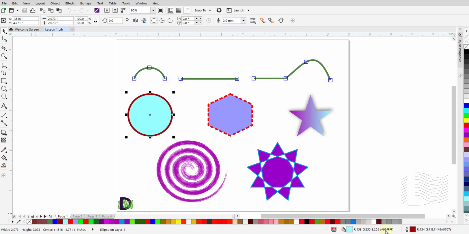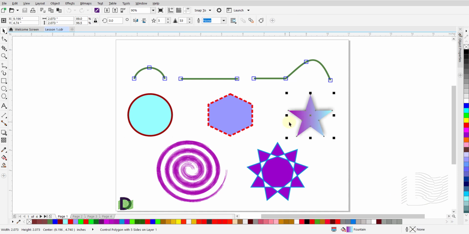Its fill color in RGB or CMYK, as well as in hex value. Then it shows you the same information for the outline of this object, plus the thickness of the outline. It is 2 mm in case of this object. Now, select the 5-point star and have a look at the status bar.